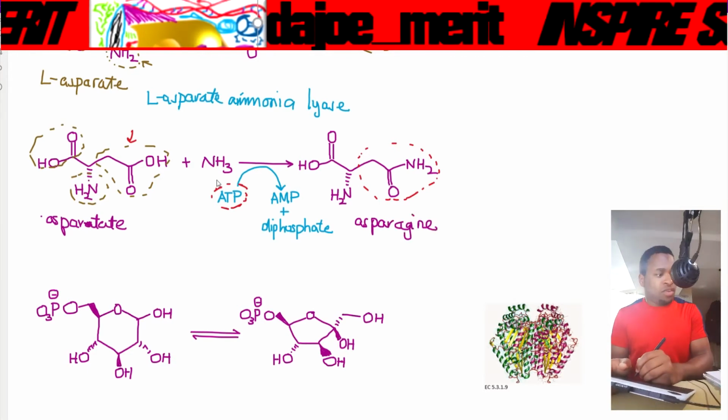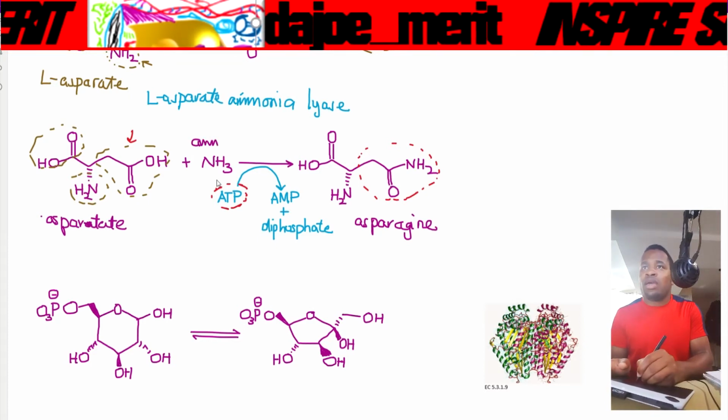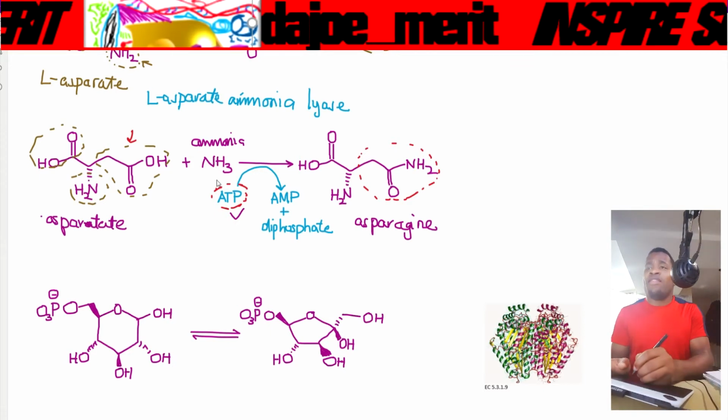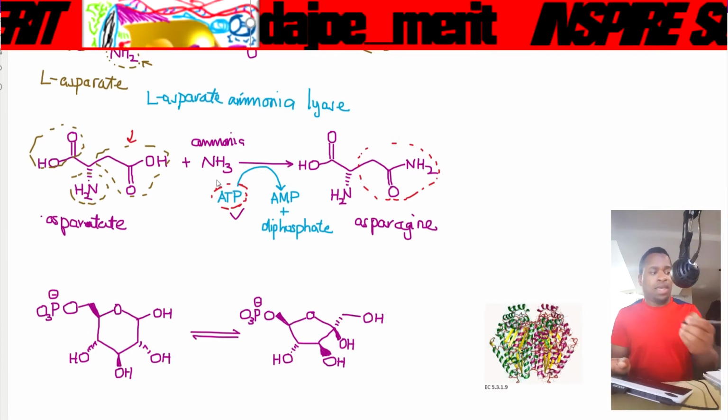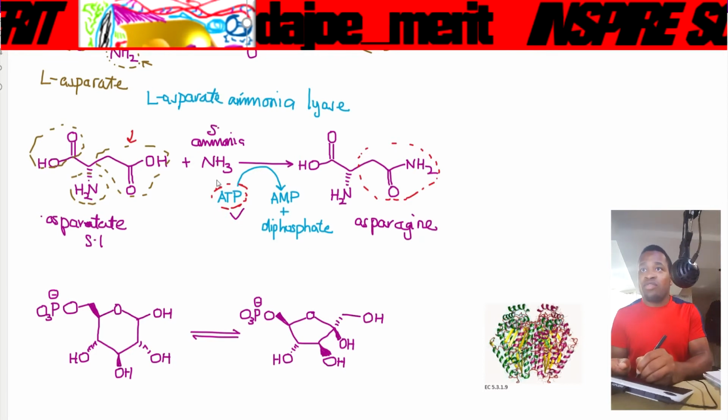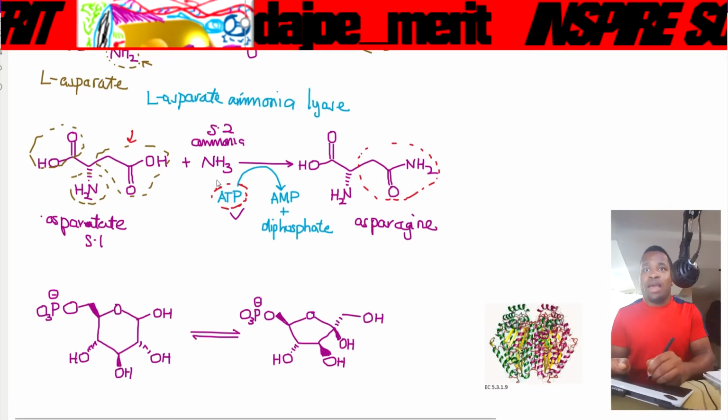So as a result of that, what we see is that we have ammonia here, and since ATP is involved in this particular, I would say, form of bond formation here, then we actually know that it is not lyase. Instead, it is known to be a ligase. So as a result, we can actually get our substrate 1. This is our substrate 1 and this is our substrate 2. So substrate 1 is known to be aspartate,